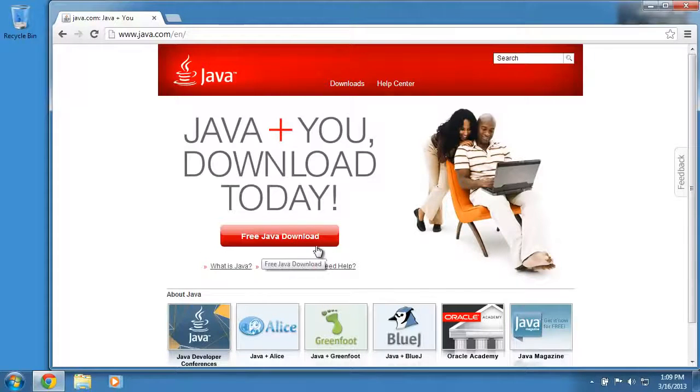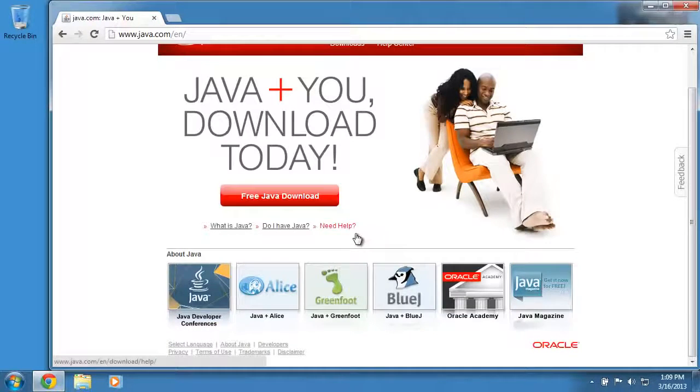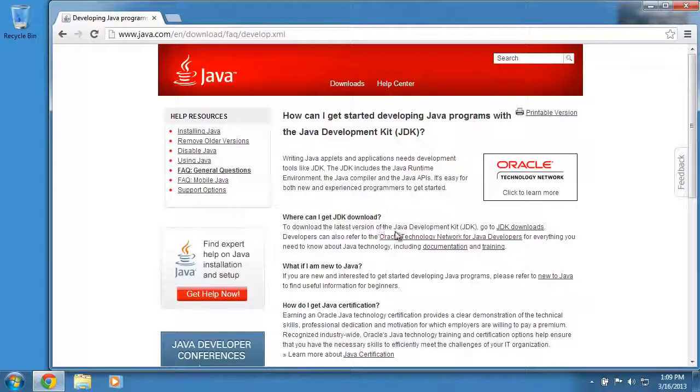There's a button here for free Java download, and that's not the one that you want to use because this will just download the Java virtual machine. And that's the plugin for your browser, and it allows you to run Java classes from your PC, but it doesn't have the tools that you need to write and compile Java classes. So scroll down to the bottom of the page and click on the developers link, and right here it will take you to a link for the Java Developers Kit. So we'll click that,